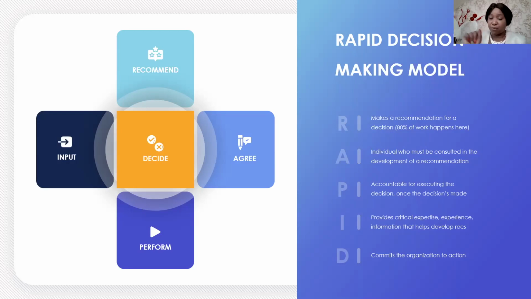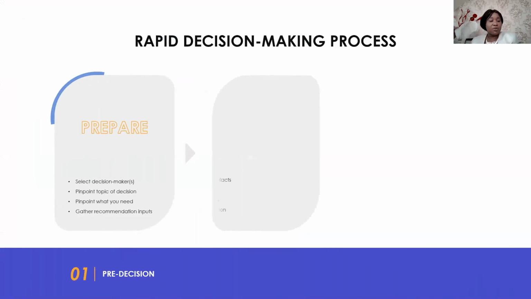I are the people who have an input. Input is critical expertise into that decision. They give critical information that helps us to develop our recommendations. And finally is the D, the decision maker. These are the people who commit. If I make a decision, I'm committing Rich Mel to that action. If I'm saying to a customer, okay, fine, thank you very much for accepting our invoice, I will be in your offices and deliver this training tomorrow morning, I have committed the organization, the reputation of my organization, everything that I believe in, into acting. And so it is very important to use RAPID when you're thinking about